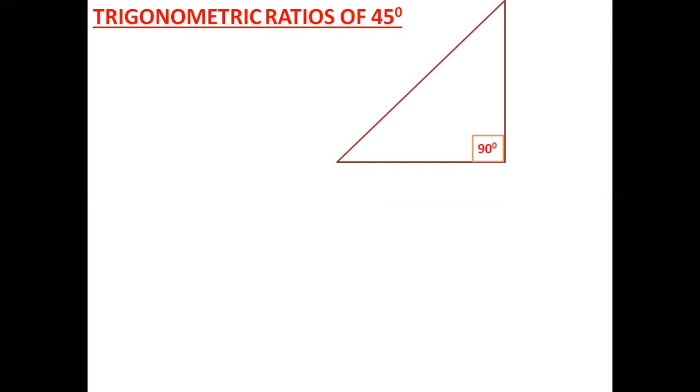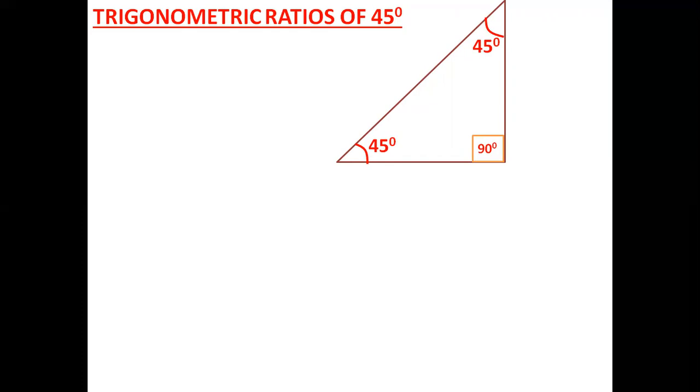So here 45 degrees is there. In the figure, I'm taking one of the two angles as 45 degrees. So in the right angle triangle, 90 is there, 45 degrees is there. So the third angle you can easily get. Here, the third angle is 45 degrees. So 45 plus 45 is 90, plus 90, that is 180. Sum of angles in a triangle is 180 degrees.